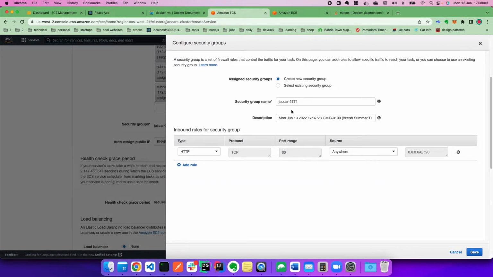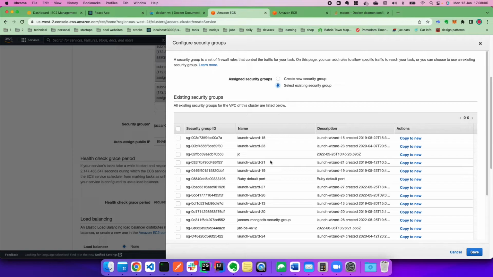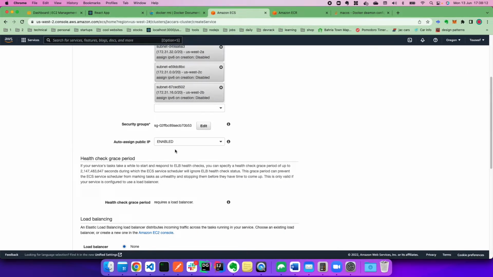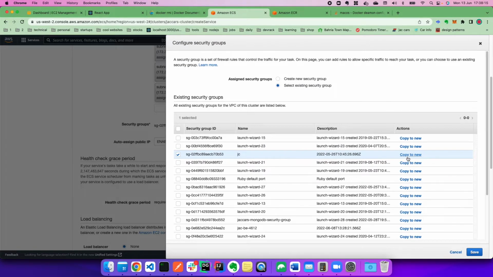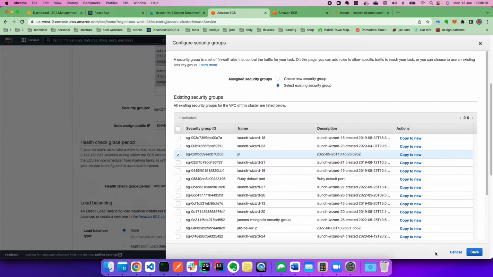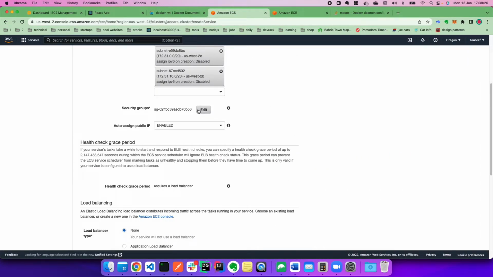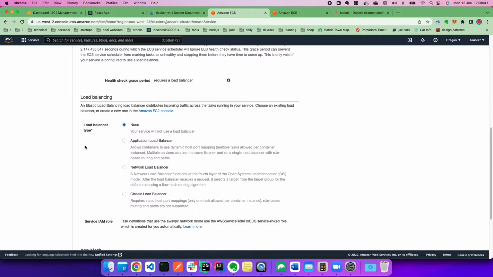Security group, I have created a security group which is this one here, JC. Save. You can't see the details, but you can select that group that you have created. Basically in this security group I have only allowed port 3000 and 3001, so that only front-end and back-end applications can be accessed. Other than that,